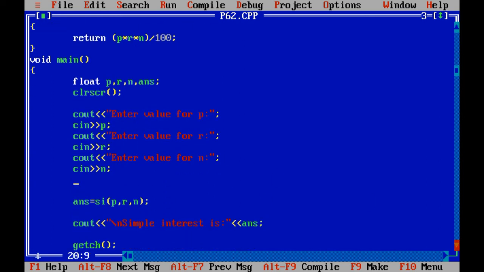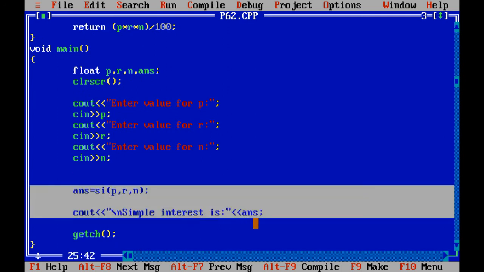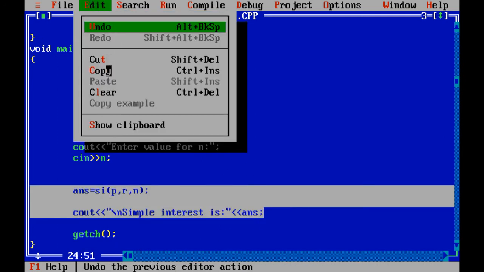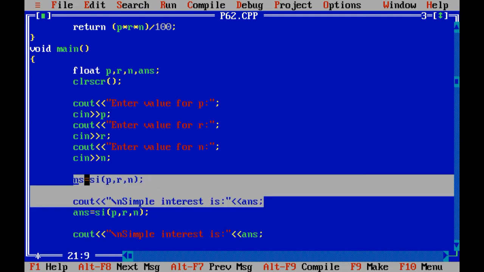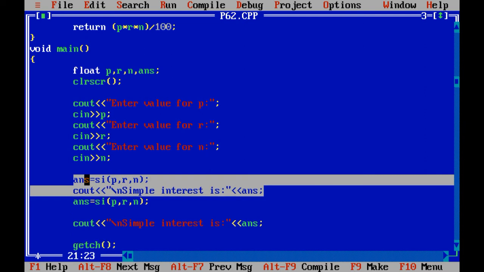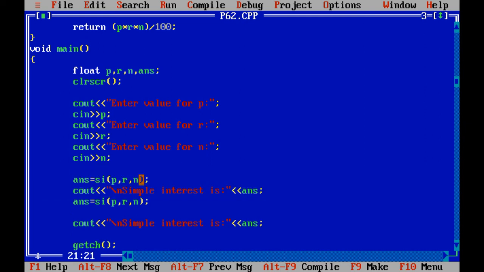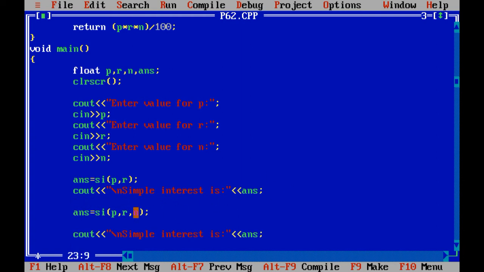Consider the case. In the first situation, it will return me the result of the default argument.